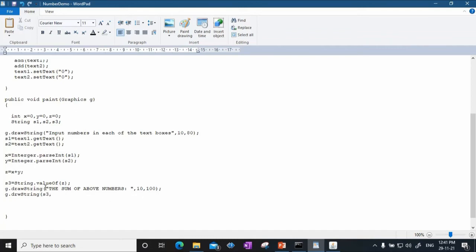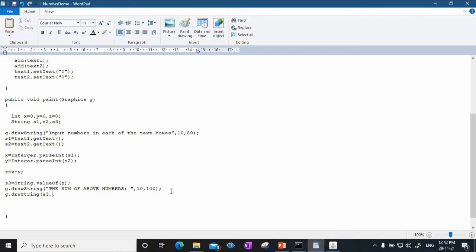Now notice that I want to display the sum of above numbers and the final sum on the same line. So x value will remain the same, 10, but the y value in this case, I can even display it on the next line.